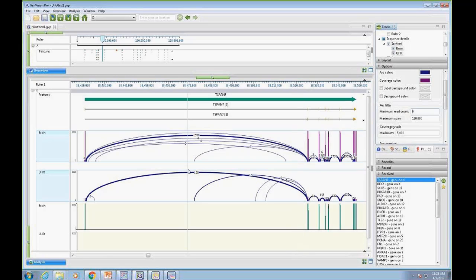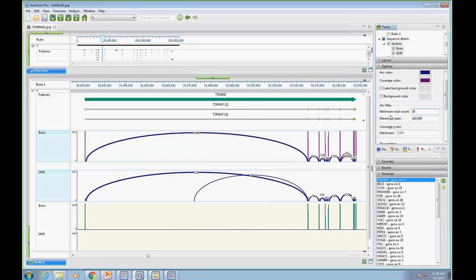You can see we get all these extra spurious arcs, and that's real data, but it's probably not very interesting data. There's often some background noise in the assemblies. So I have some control over my arc filtering. I also have control over how far I should look for the span between these reads that are split between adjoining exons, and that's the maximum span. I can change this number as well, and if I make it a really big number,